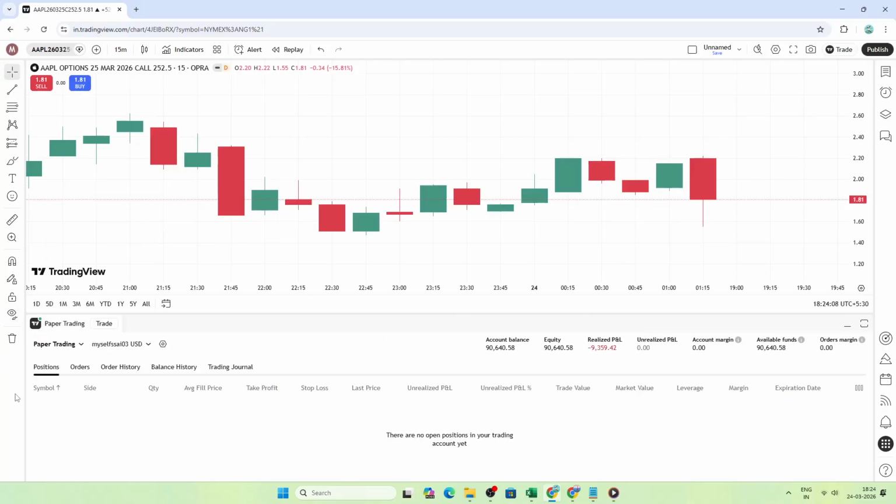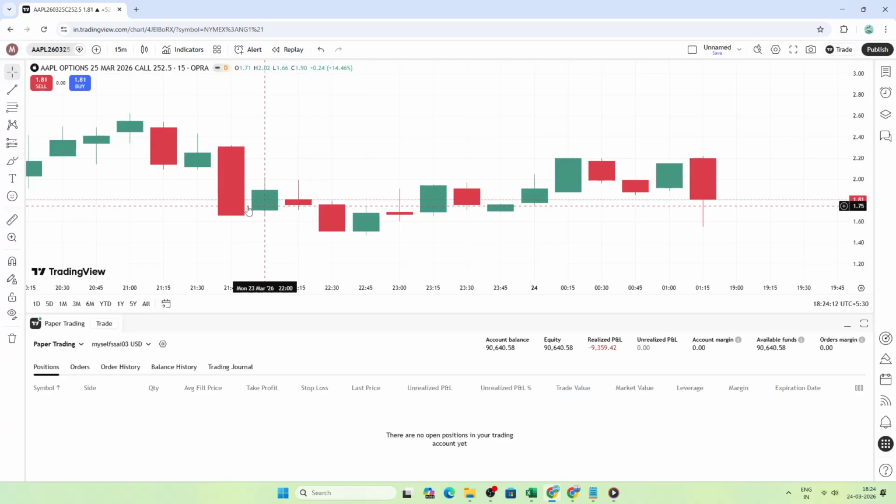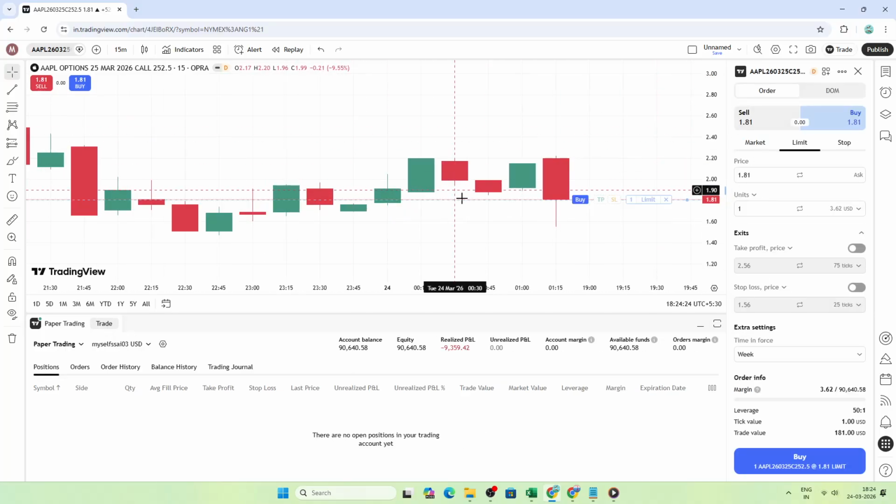From here, select your connected broker if you are trading live, or choose paper trading for a risk-free simulation. Paper trading is great for practicing the workflow and getting comfortable with orders before committing real capital. Click the trade button and choose whether you want to buy for a long position or sell for a short position. Buying typically benefits from upward moves in the option's value, while selling benefits when the option loses value, but